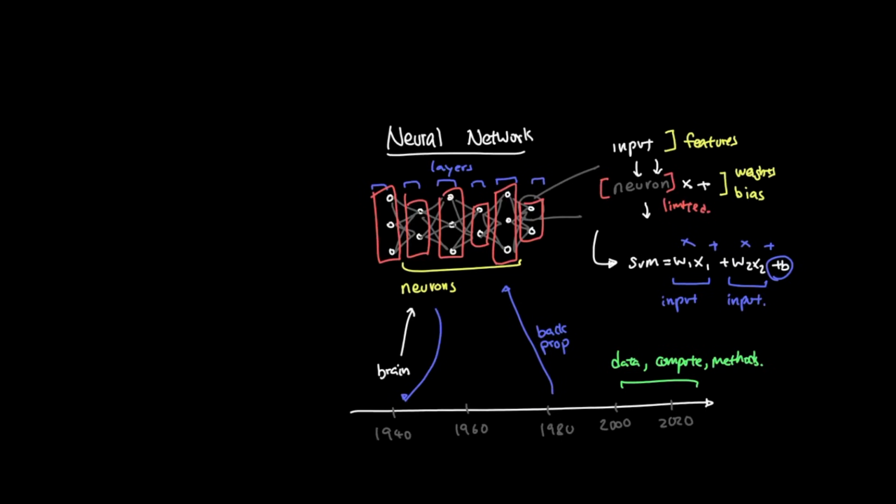A neural network usually has an input layer, one or more hidden layers, and an output layer. The input layer receives the data, the hidden layer processes the data, and the output layer produces the final prediction.